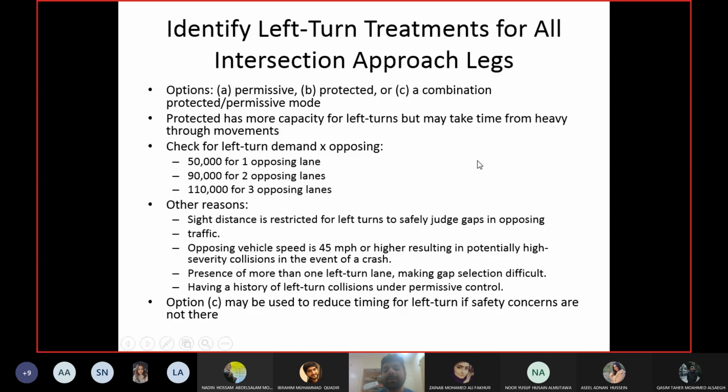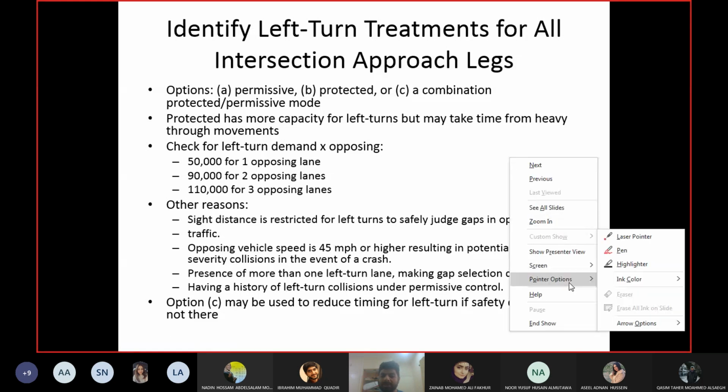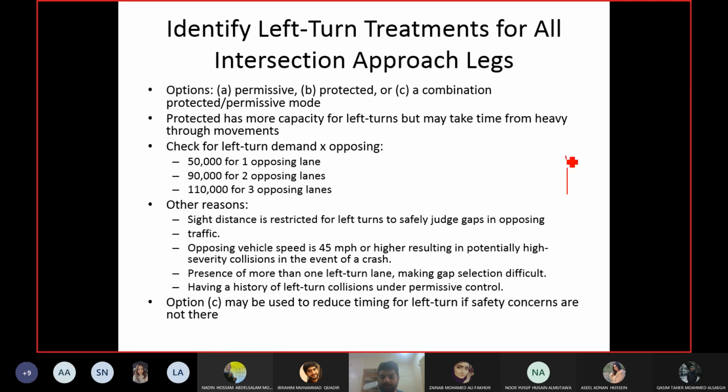So I was saying, when you make the left turning protected, you are obviously taking the time from the opposite approach. Making the left turn protected increases their capacity, but you are reducing the time of the opposing movement. You have a total time of the signal, right? From that total time, you are giving some time for the left turning, and some other time for the opposing through movement. So when you consider left turning, your opposing movement is this one.